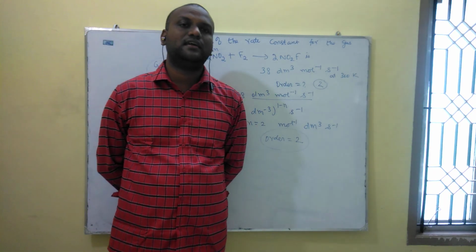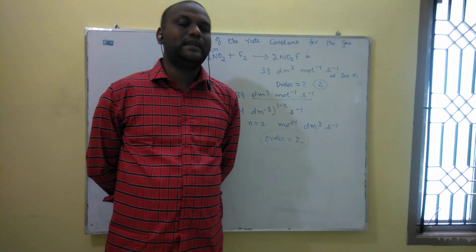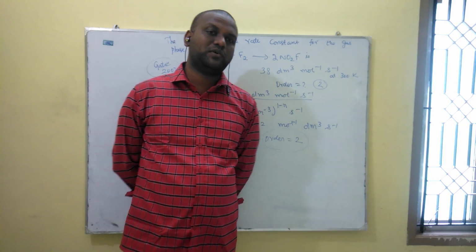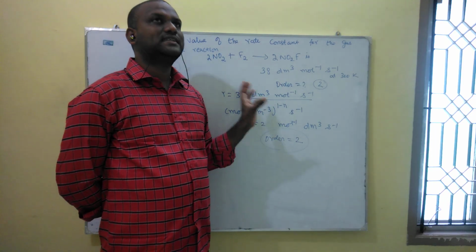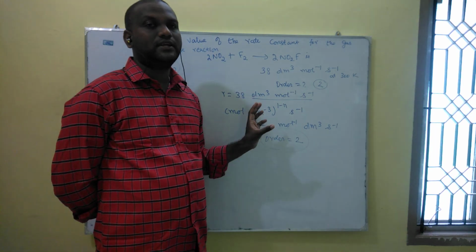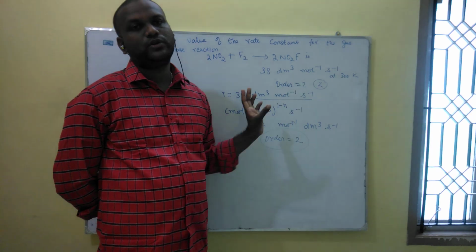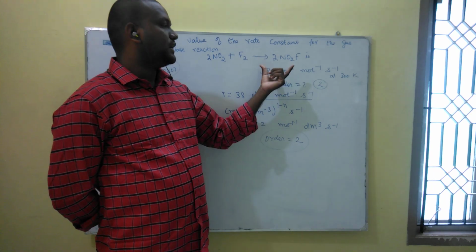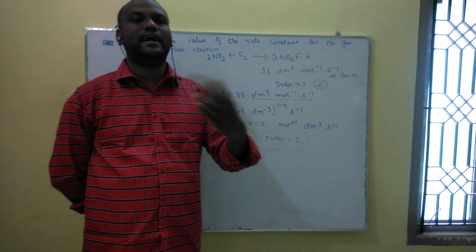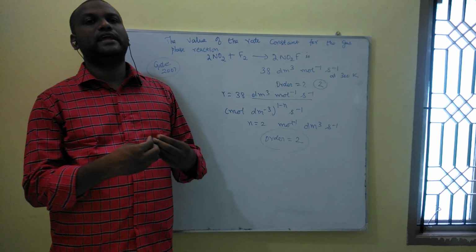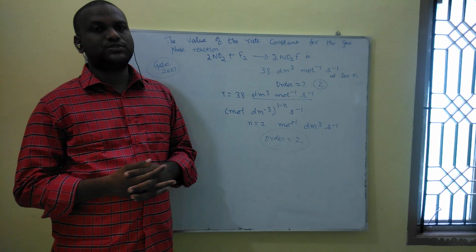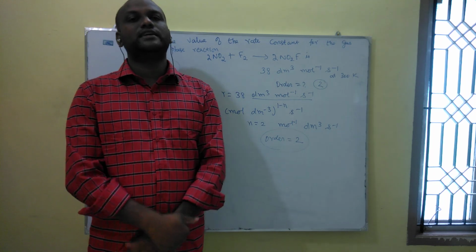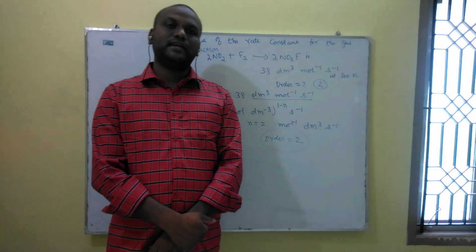If it is a fractional order or a whole integer order, 0 order, first order, second order, 1/2 order, 3/2 order, 5/2 order, whatever it may be, you can use this one. So we will discuss the possible problems related to order of the reaction and unit. Unit and order are related by this expression. From this expression, they will ask questions either directly or some indirect or derived questions. These are all the questions possible related to unit and order of the reaction. Thank you very much. We will discuss other concepts in later videos.